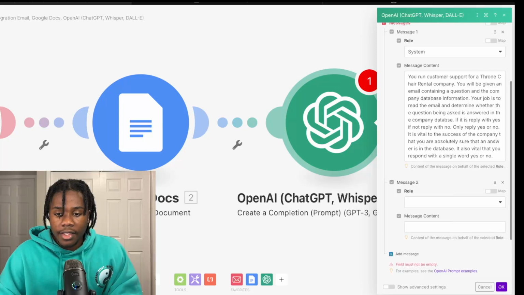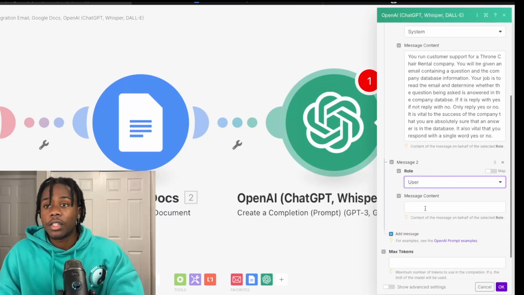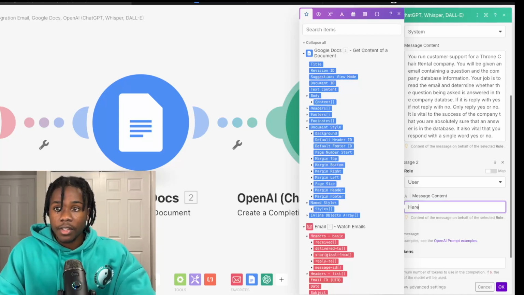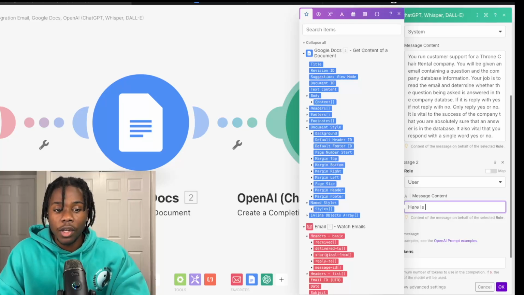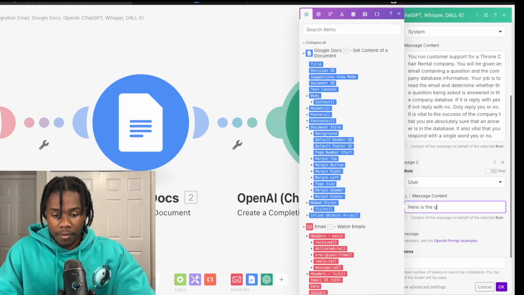As far as the actual user message, the user message is basically the query. The system was kind of like the instruction, so just letting ChatGPT know how to perform. So as far as the actual user, which would be if you were to just go and open ChatGPT and type in a question, that's basically what the user means. That's you're filling the user role in that scenario. So we're gonna say, here is the question,